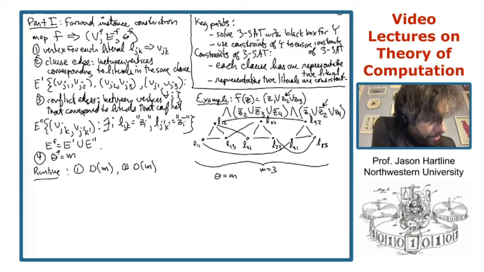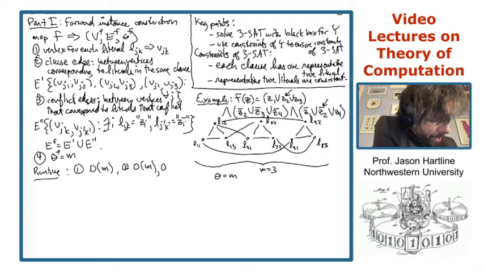And the conflict edges between vertices, for every vertex, it occurs in one of the literals, so I have to check this edge for each literal, and so that's going to be,